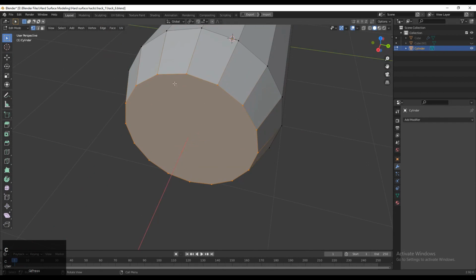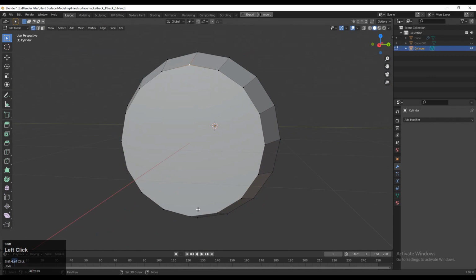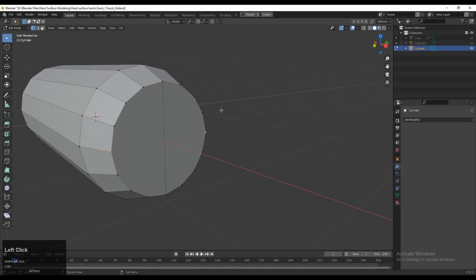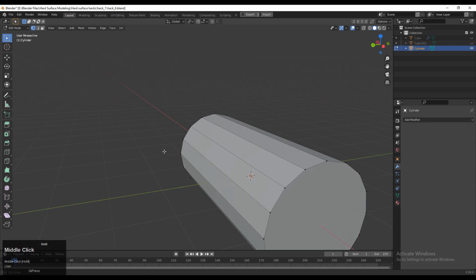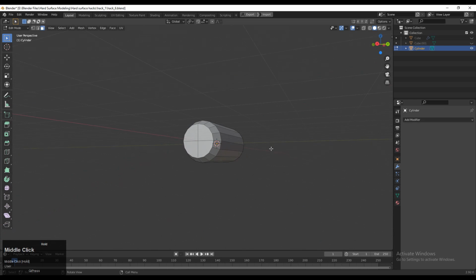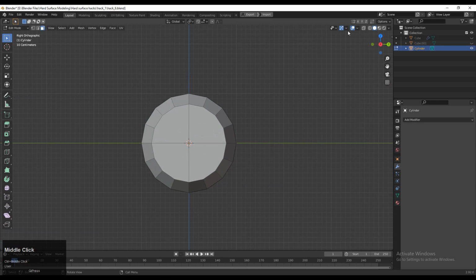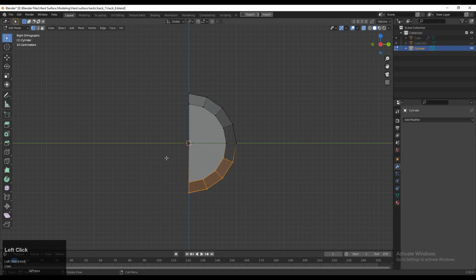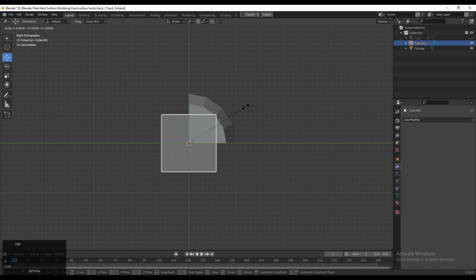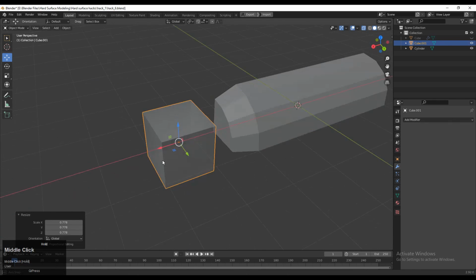Then select these vertices and connect them with right click, Connect Vertex Path. To create this object we can use the mirror modifier and reduce our effort, or we can just rotate it by 90 degrees, or we can use symmetry also. So that's why you need to select these vertices and delete them, because we will create only one part, or you can say one side of that model. Then adjust the size of the cube as per the size of the cylinder.